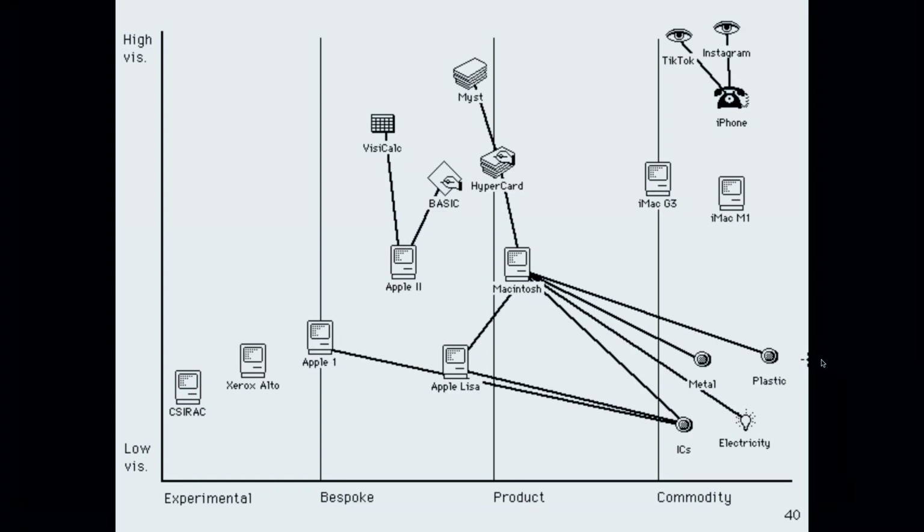If you keep following this train of thought, you end up with a bunch of stuff. I put in some Mac-related things and drew some lines representing dependencies there. So take the Macintosh, for instance, that was marketed as a product. It was manufactured. What made it possible were commodity products like integrated circuits. That's what kicked off the microcomputer revolution: the ability to put all the processing in a single chip.